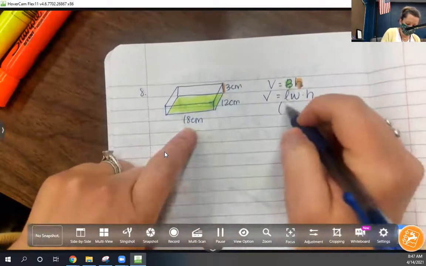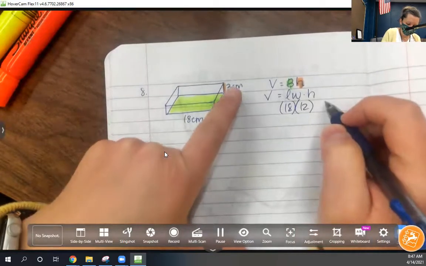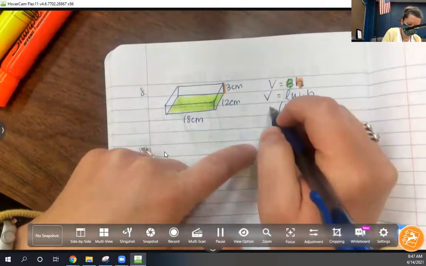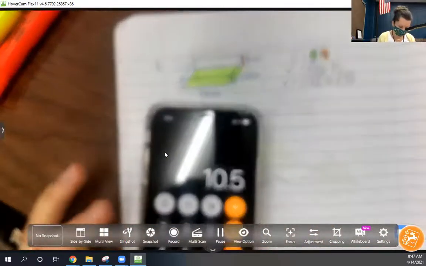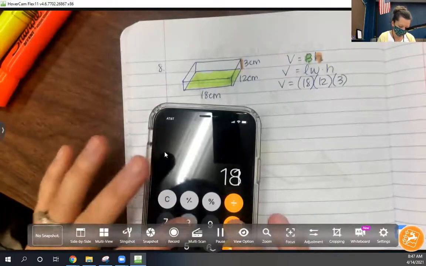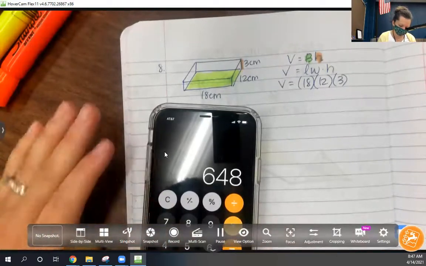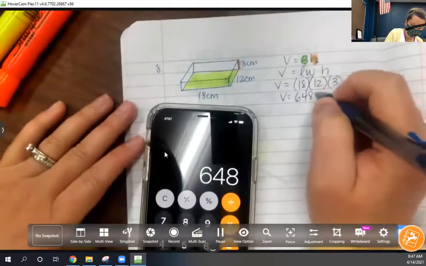So my length is 18, my width is 12, and my height is 3. So let's see what my volume is going to be. 18 times 12 times 3 is 648